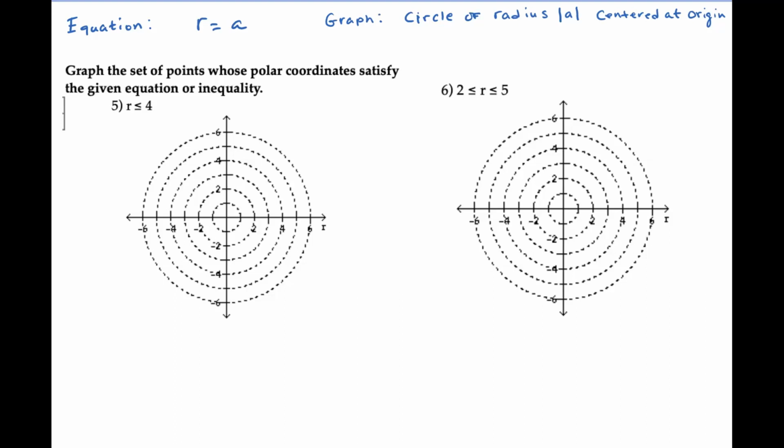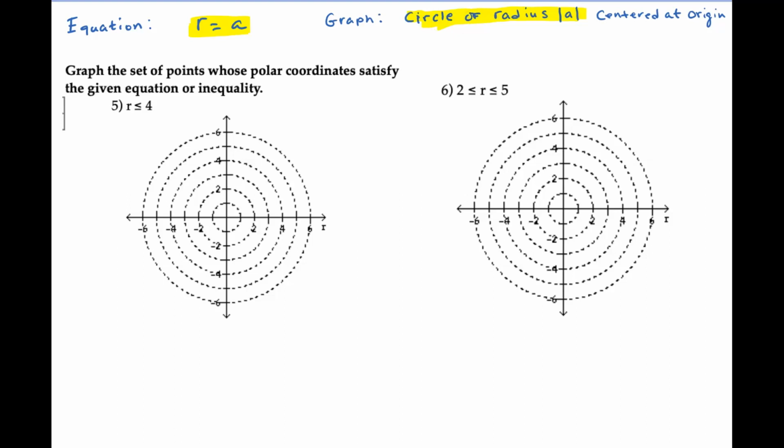Okay, now we're going to graph the set of points whose polar coordinates satisfy the given equation or inequality, in this case, inequality. So the first thing that we're going to note here is the equation r equals a. And whenever you see an equation like that, r equals a, and in the case of the examples, r greater than or equal to a or less than or equal to a, you're going to graph a circle with that radius. So graphing a circle of radius the absolute value of a,